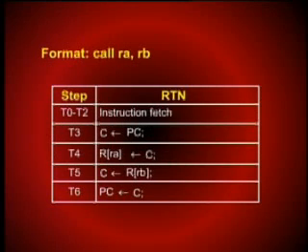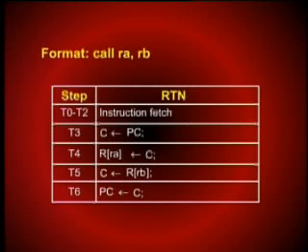The next table shows an example of a call instruction. In a call instruction, we need to give control in a program to a procedure or subroutine at another address which is specified. The syntax is call RA, RB. As usual, the first three steps would fetch the call instruction. In step T3, we store the present contents of PC into buffer register C, and then in T4 from C into register RA. As a result, register RA would contain the original contents of PC, and this would be a pointer to come back after executing a subroutine,